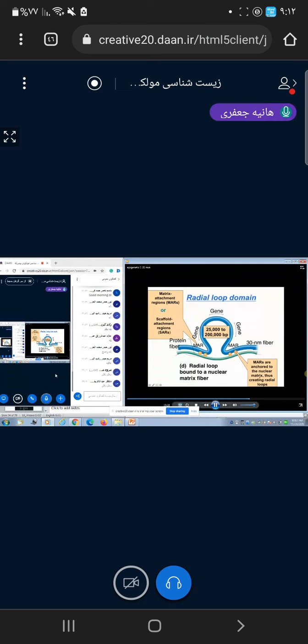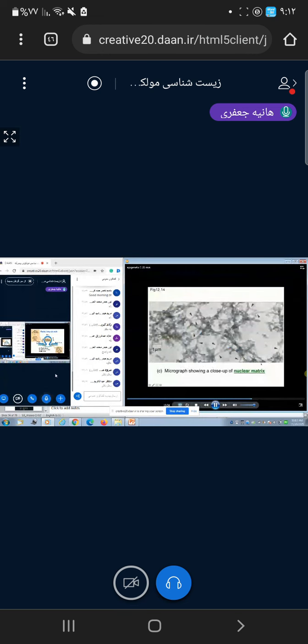And the MARs, the matrix attachment regions of the chromosome, are attached to the nuclear matrix, creating these radial loops. So the DNA inside a nucleus of a eukaryote, although it may appear somewhat loosely organized, is actually quite